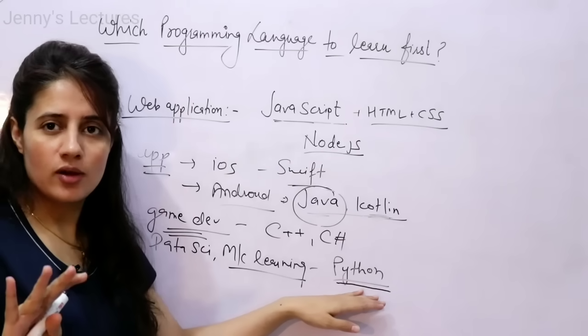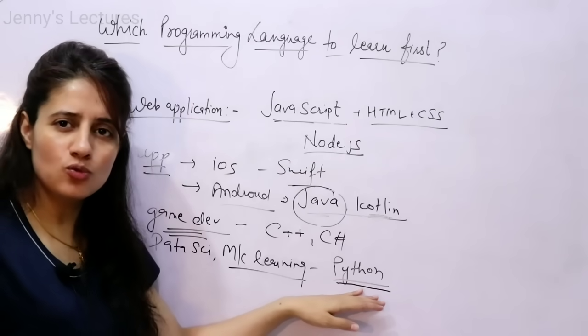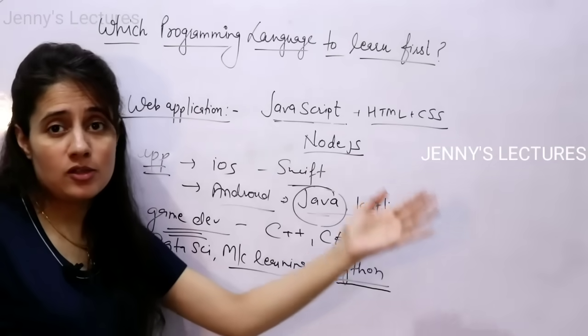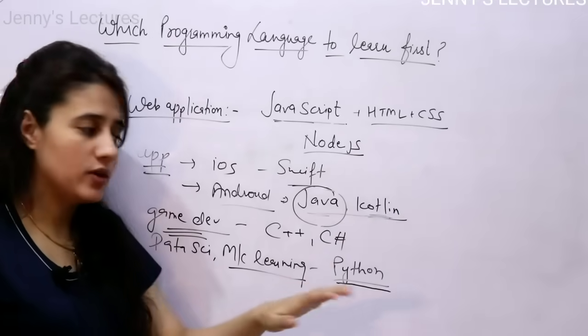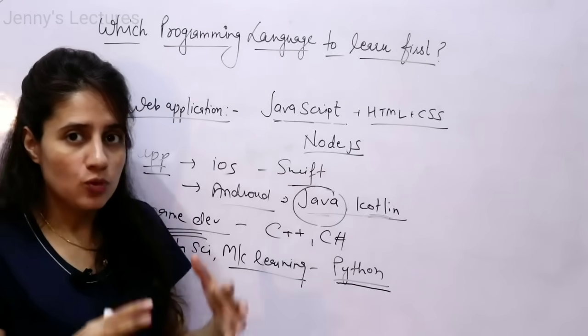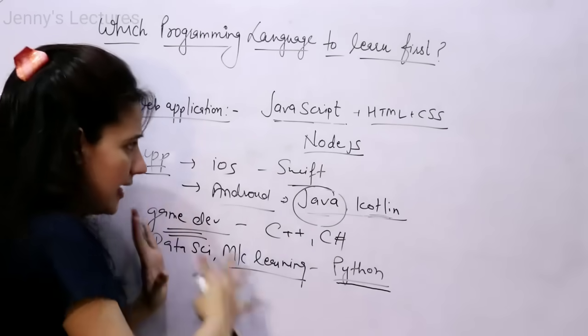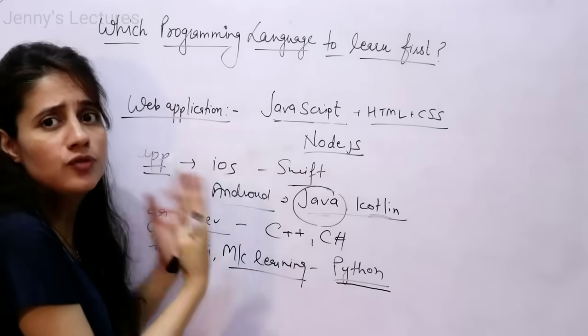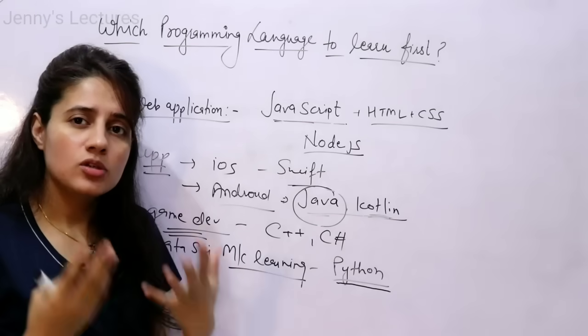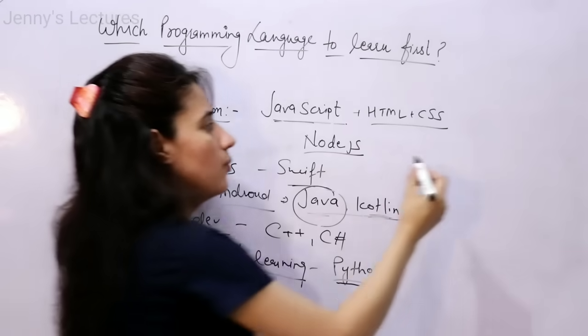It is easy to learn. I cannot say it is super easy to learn, but as compared to C, C++, Java and any other language, it is easy to learn, right? So if you haven't decided, if you are not sure which field you really want to go into, I would suggest you must go for Python,